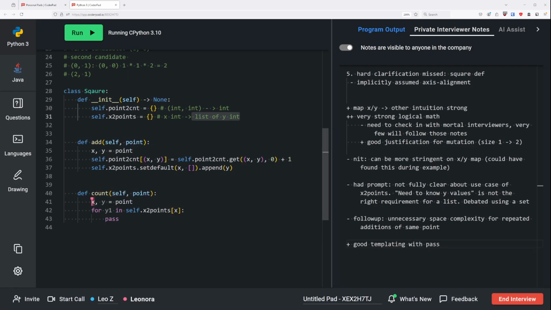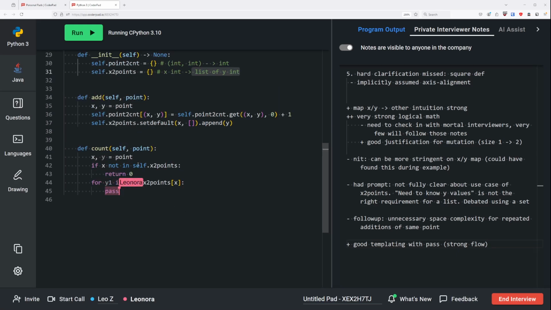x exists in the self.x2points. If we do not have any point that has the same x coordinate, we can just return 0. So if x not in self.x2points, we can just return 0. Now we're going to check the first candidate. So we're going to check each y coordinate one by one. And for each y1, we have fixed 2 points, and this means that